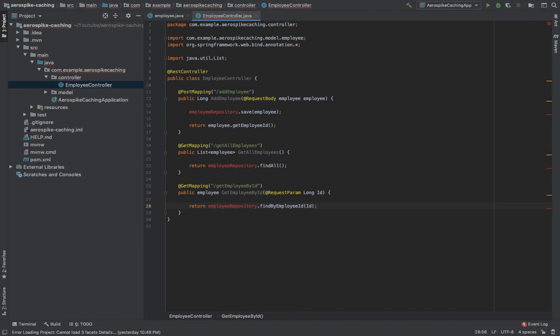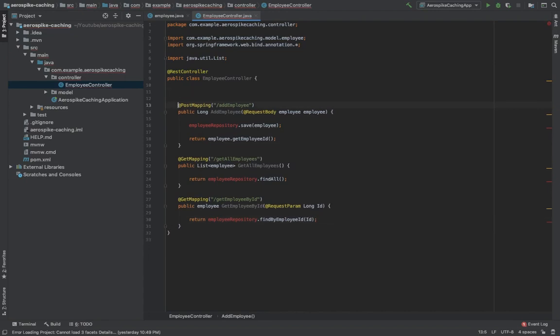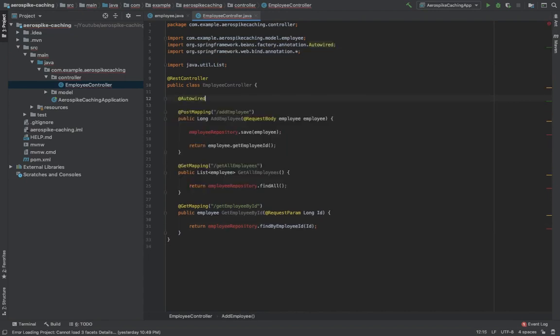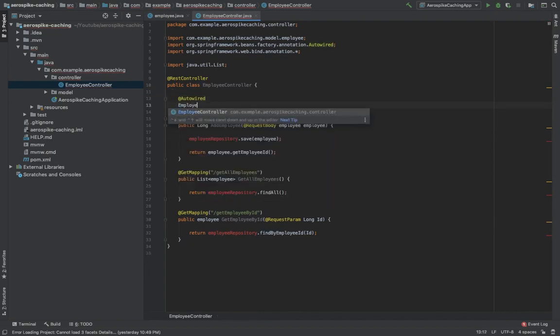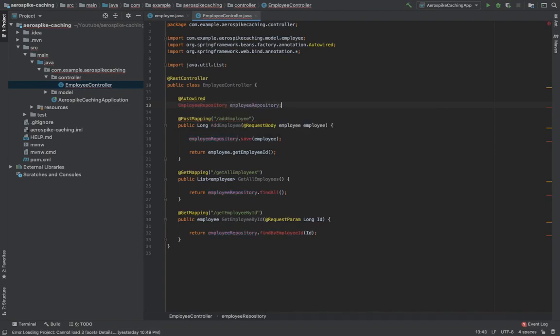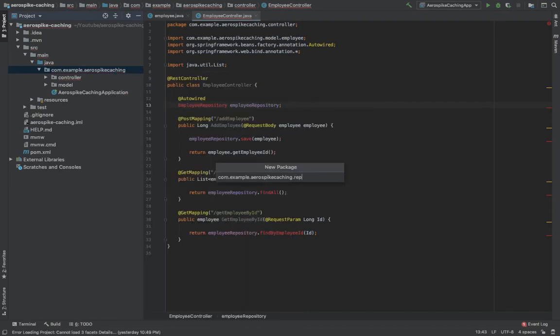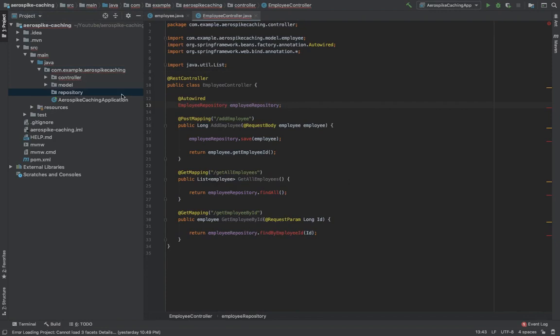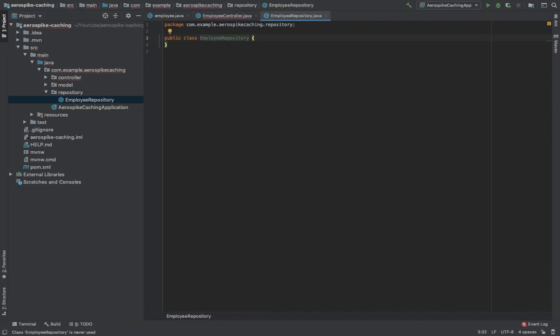Now let's autowire this employee repository. Currently we don't have this employee repository, so now let's create it.